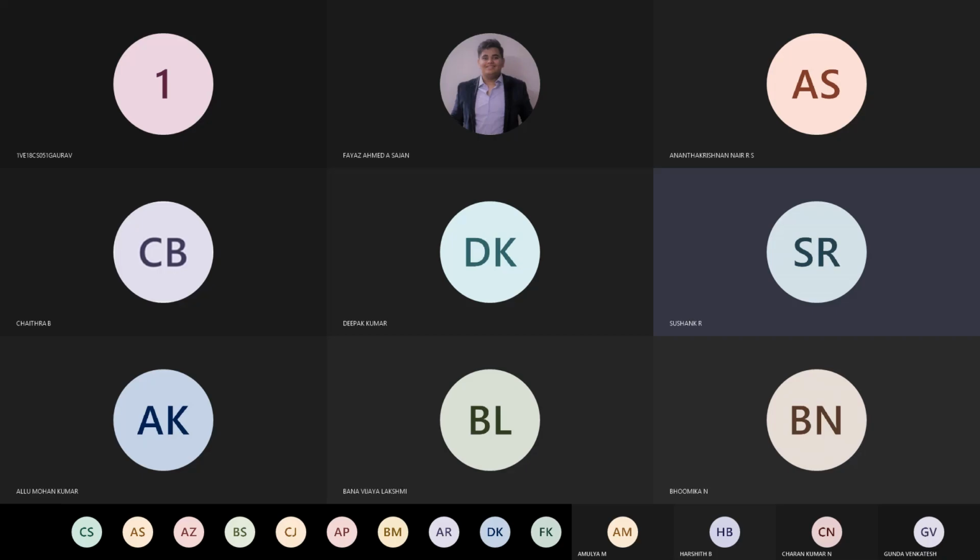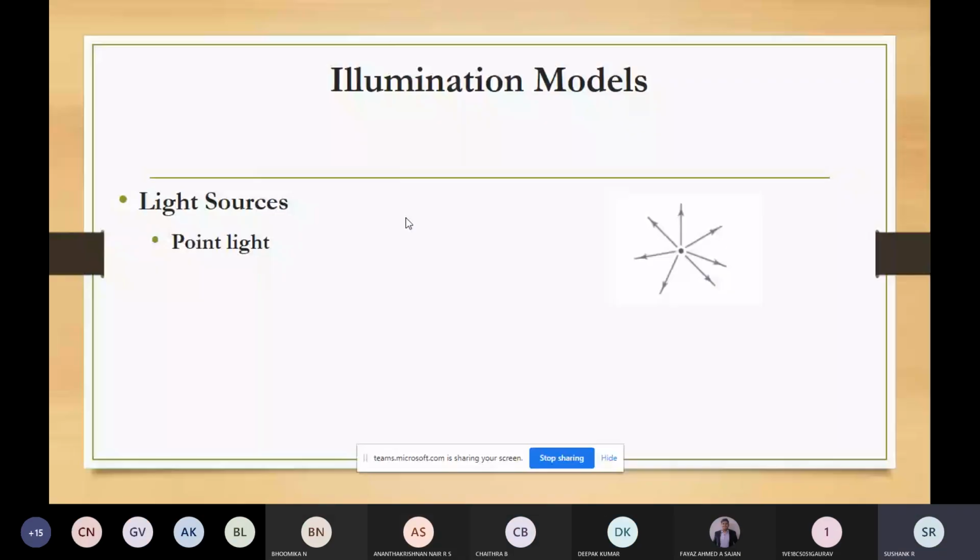Okay, so today we are talking about the illumination models. This chapter deals with the concept of light and its effect on the objects. Basically, here we'll be learning about the properties of light and we'll study the color models that are used in computer graphics applications. We have two color models: one is called RGB and the other one we will call CMY. So we are going to talk about the two color models.